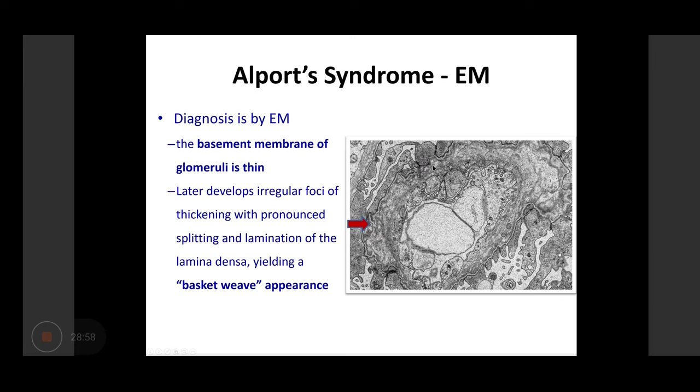Okay, so this is the glomerular basal membrane, and this is not a single line that you normally see, but you can see there are areas of dark and light. It has a very classical basket weave pattern, as it is so called. The glomerular basal membrane is obviously markedly abnormal and shows splitting and lamination. This is called a classical basket weave appearance. So this is the diagnostic for